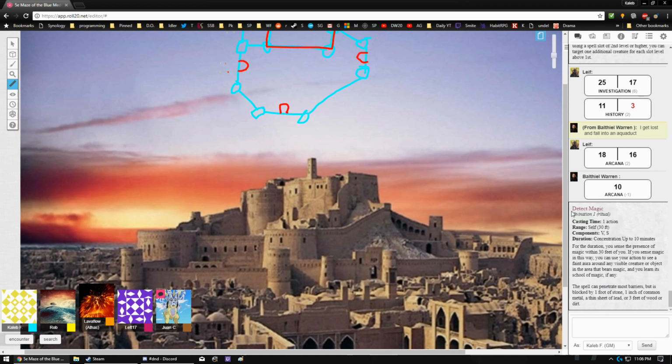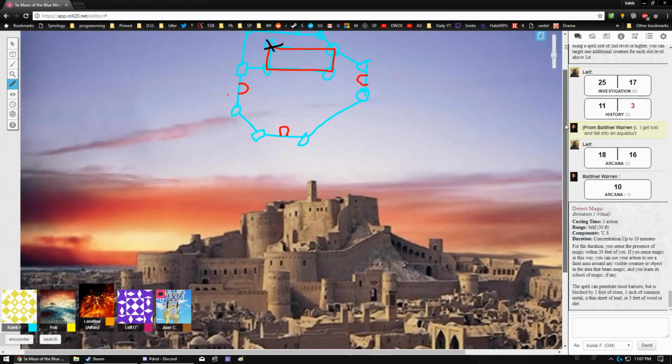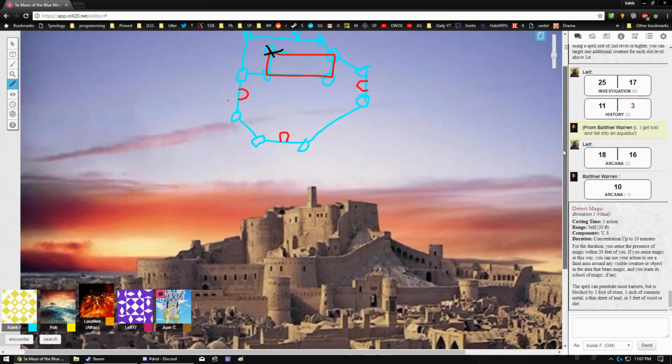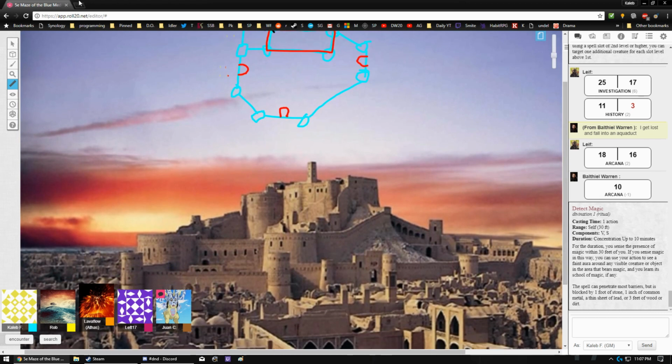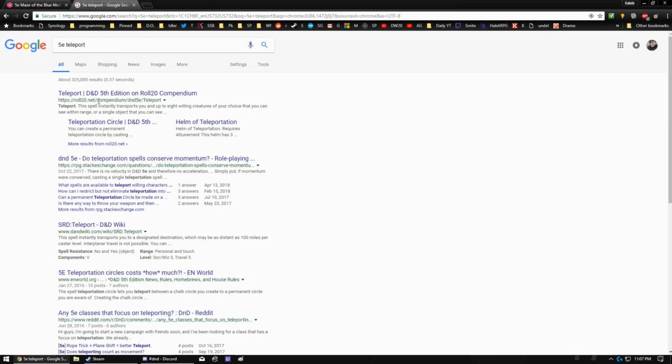Well, hang on. I'm casting it, and it takes one action. Oh, okay. So you're just using a spell slot for it. Correct. Okay. So, it definitely is magical, and the school would be...